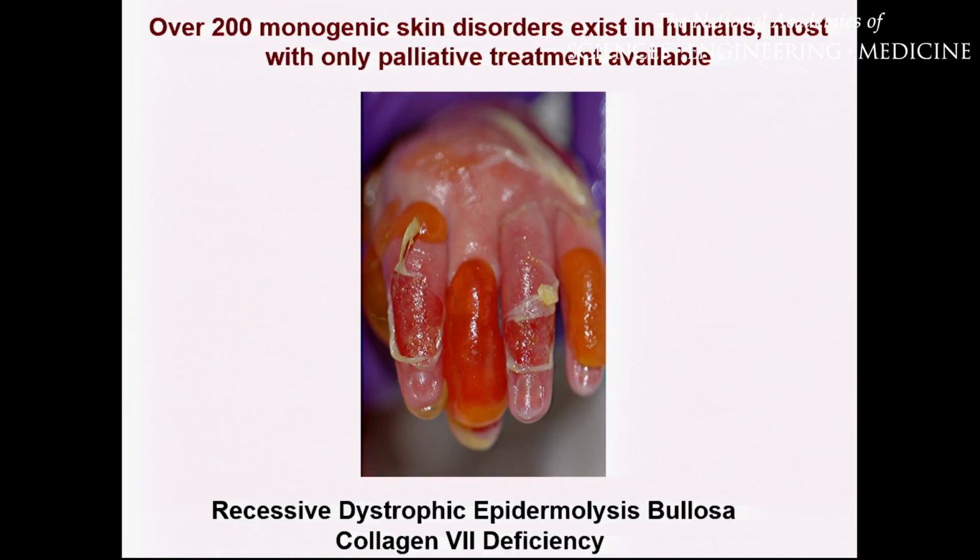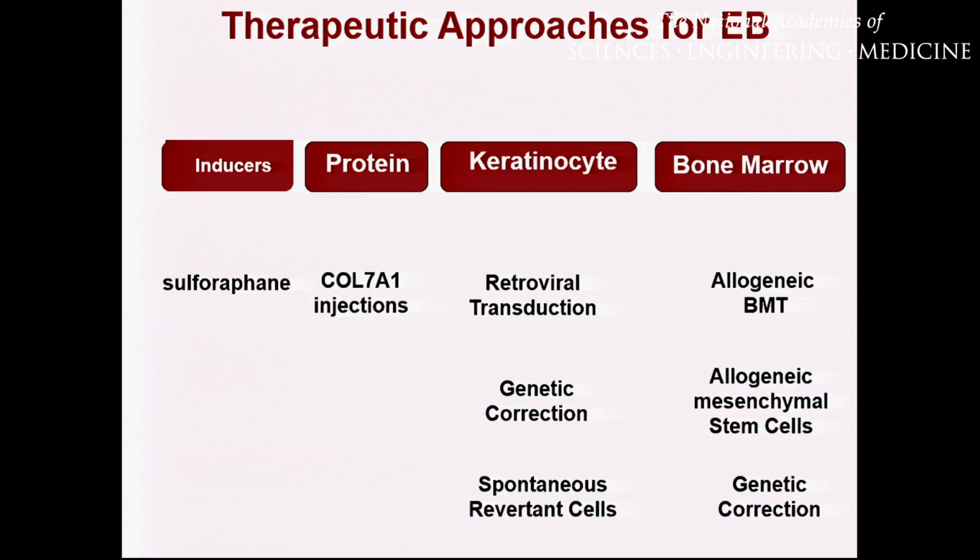And so the rest of the time I'm going to talk about today is about our work with recessive dystrophic epidermolysis bullosa, which is a collagen 7 deficiency, one of the 18 proteins, and our efforts to generate autologous skin grafts for these patients. It's a horrible disease, where these patients will often die at birth, or if we manage to keep them alive, we wrap them like mummies for the rest of their life. So palliative therapy is the only thing you can do. And if they live long enough, they die of invasive squamous cell carcinoma because of the chronic wounding and mutations that they get.